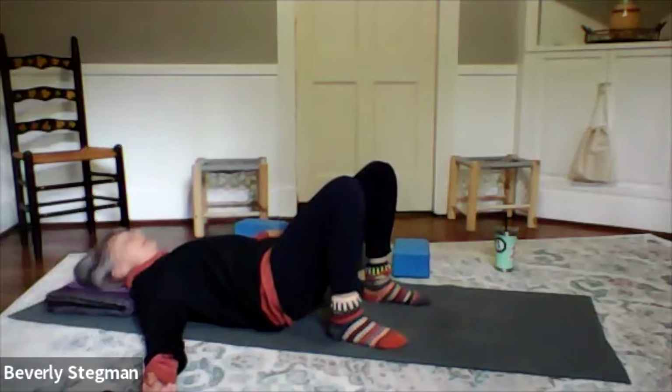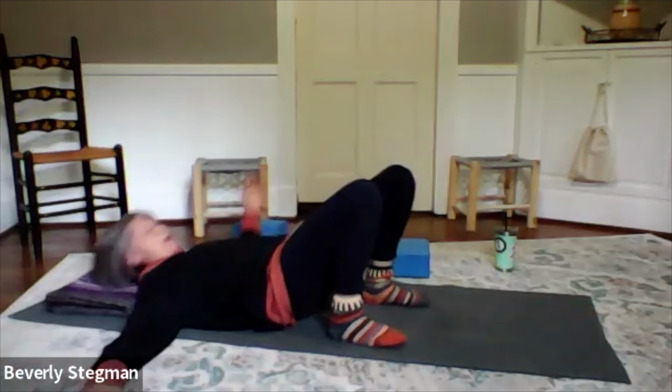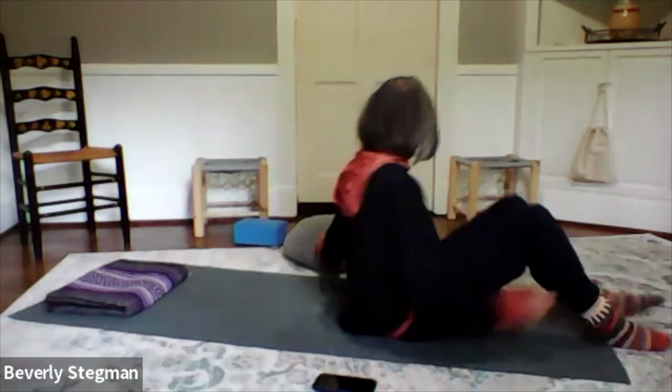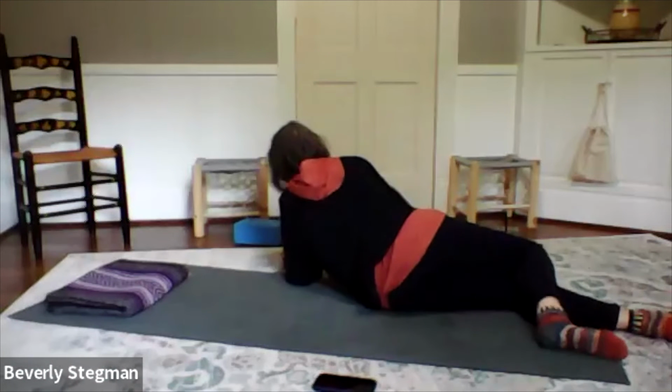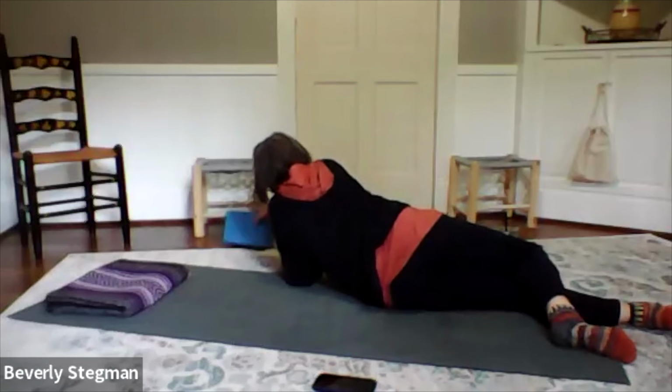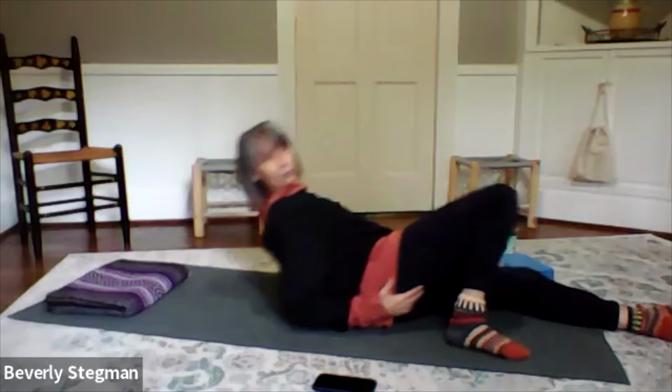So once you get into a position, I want you to bring your arms out to the side like a big T with your palms facing up. I'm going to slide down a little bit so you have a better view. I'd like you to have the sides cleared of debris, because we're going to do an exercise now called Floor